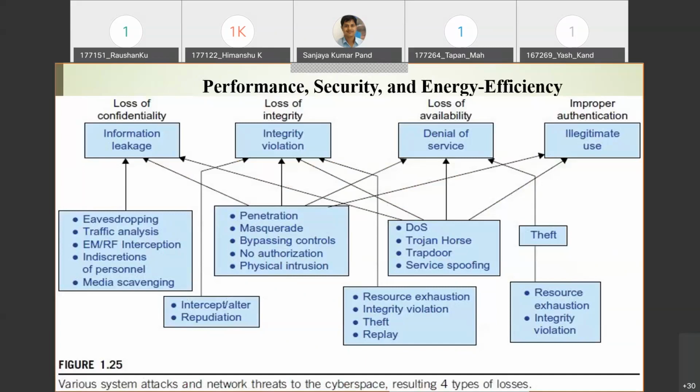As the time constraints are there, I will not go into details of each and every attack. So please explore it. If you find anything, share it with me so that we will discuss it in the class. One of the primary attacks is the DoS attack, denial of service attack, which can be generalized to multiple systems and applied in various systems.